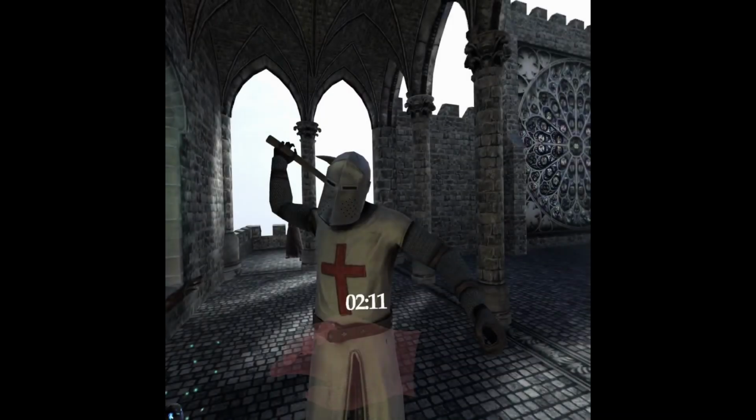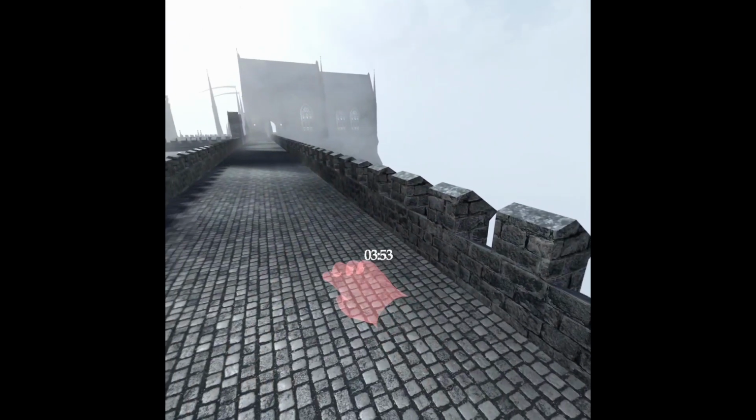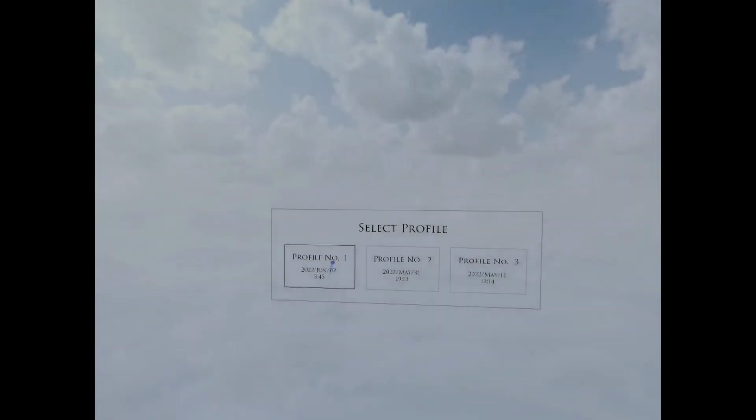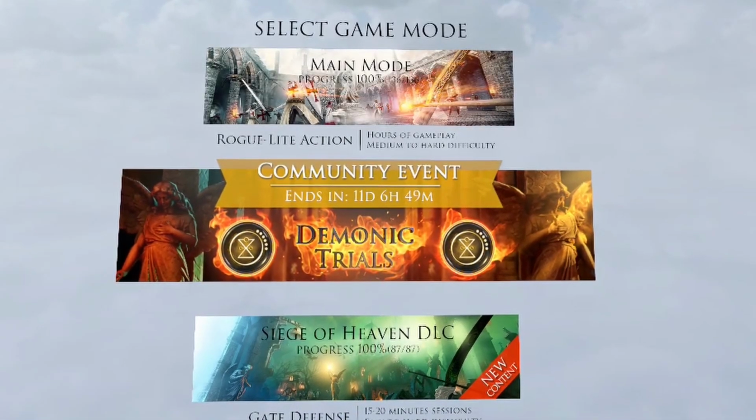On the subject of time, you can see how much you have spent on the level on your offhand, and if you really must look at it, try and do so whilst you are waiting for those long arcing teleport arrows to land. Finally, and very importantly, the profile that you use for this sigil determines a lot of things